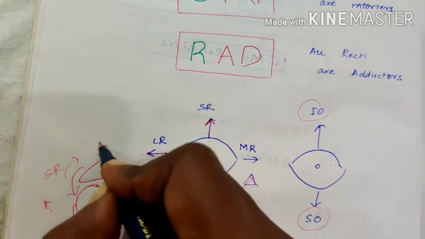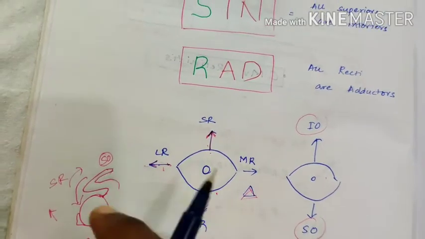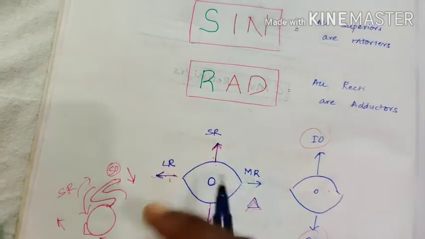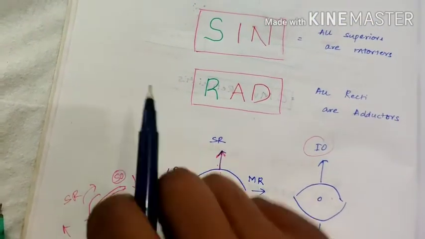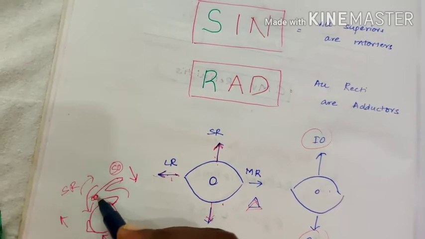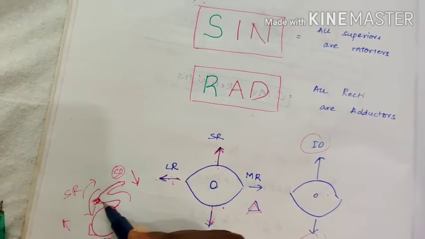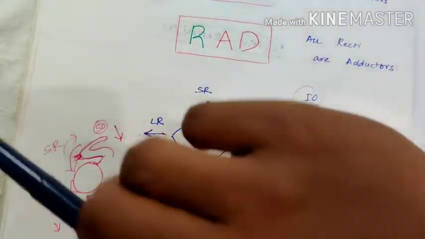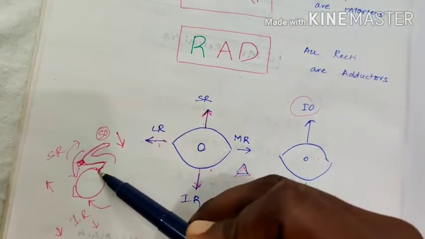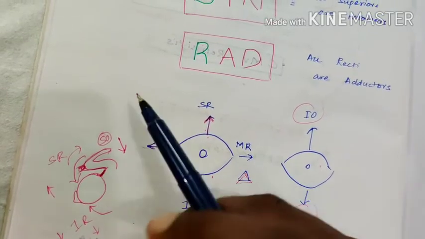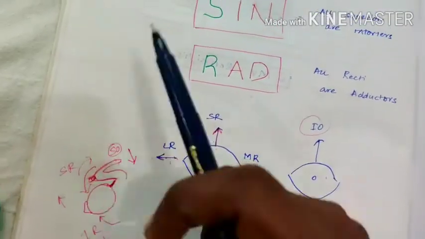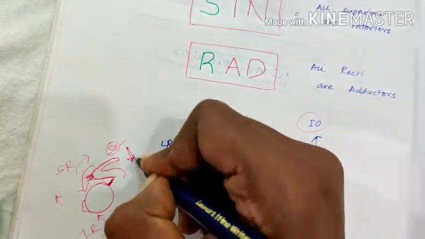If superior oblique is tightened, the movement is like this. That means the eye will rotate like this. For superior oblique, the movement of the eye will be downward, because it will pull like this. Here a trochlea, a trolley, is there. Because of the trolley, when the muscle pulls like this, it is attached behind the equator, right? Then the eye moves like this. So for superior oblique, the movement is downwards.